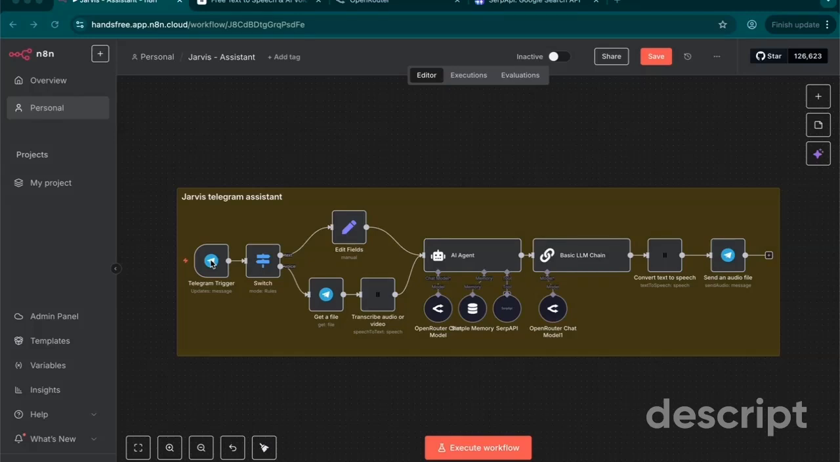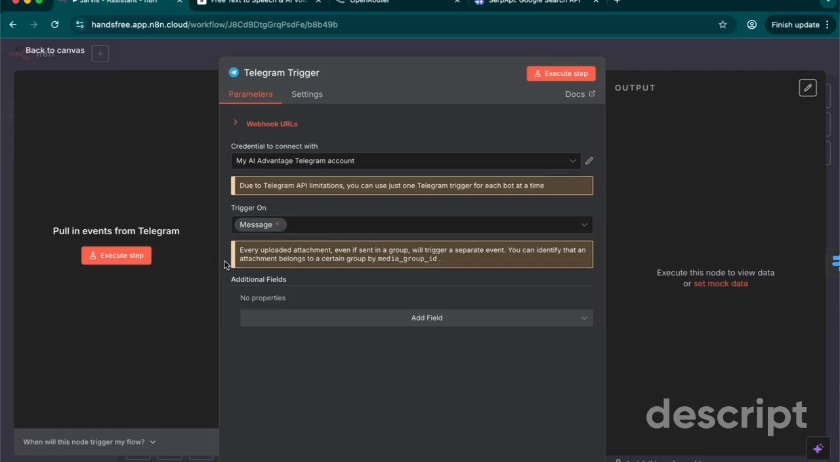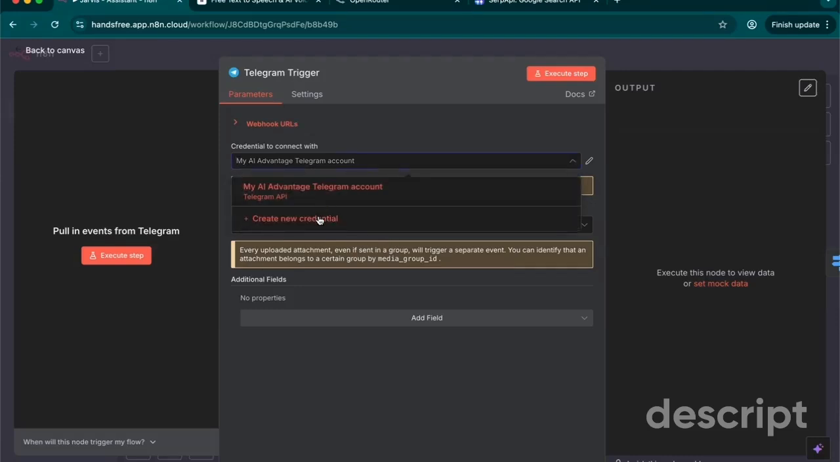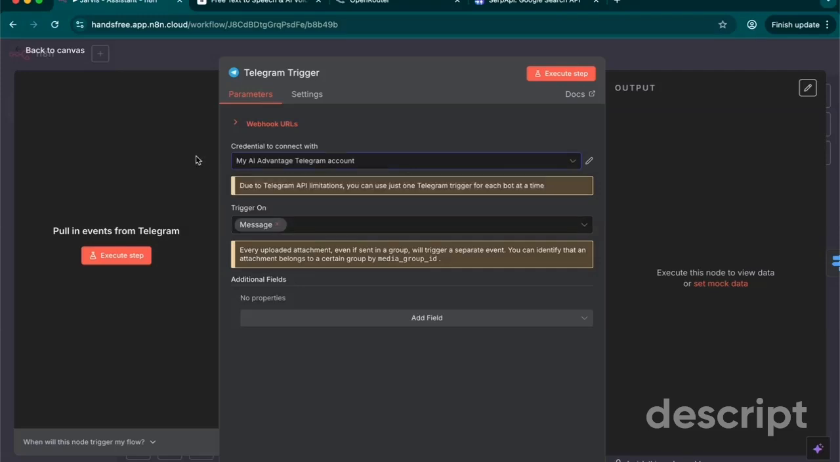So first off, every n8n workflow starts with a trigger. In this instance, we've got the Telegram trigger. So when this workflow is toggled on, it'll be waiting to listen for a message. If you need to set yours up, what you need to do is go in and click to create a new credential, and then you go into Telegram,